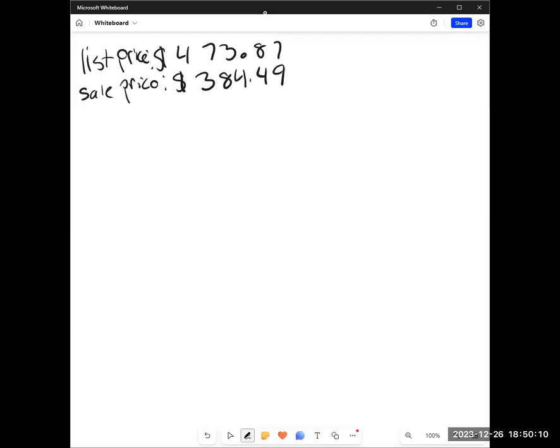So how do they advertise the sale? What percent off is the TV? So we have the amount of change divided by the original. So this is 473.87, my original price. The amount of change here is